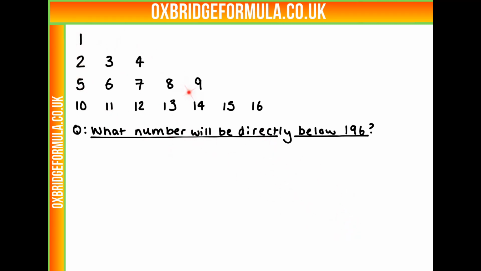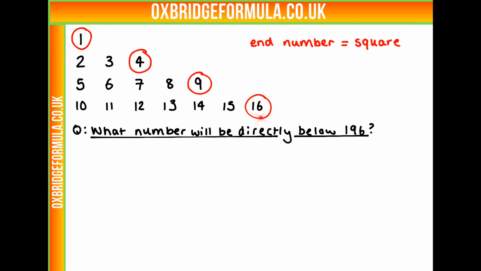So we're not going to write out all our patterns, that would take far too long. But let's look at the pattern we do have and see if we can find any tricks to work out what we have to do. So looking at the pattern, is there anything special we can see about the numbers, specifically the ones at the end? So the numbers at the end of each row are actually square numbers,